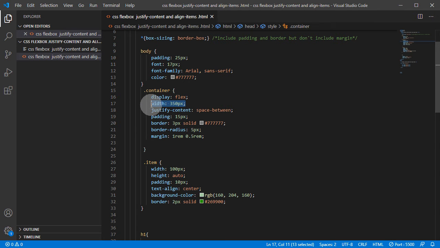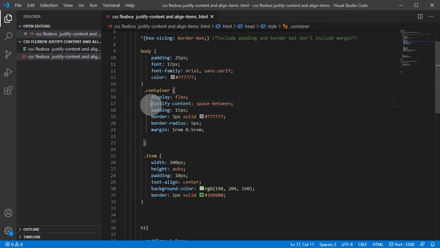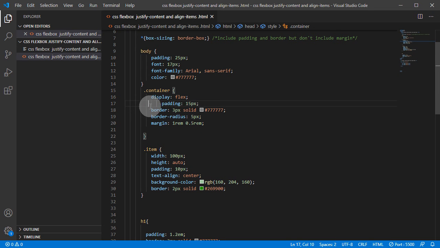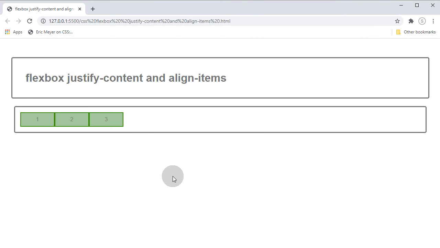Let's just remove this. We can remove justify content. Okay, that's what we have. Okay, so for align items, again, it's going to be from top to bottom, like a block level alignment. And we have 3 boxes, but so what happens is